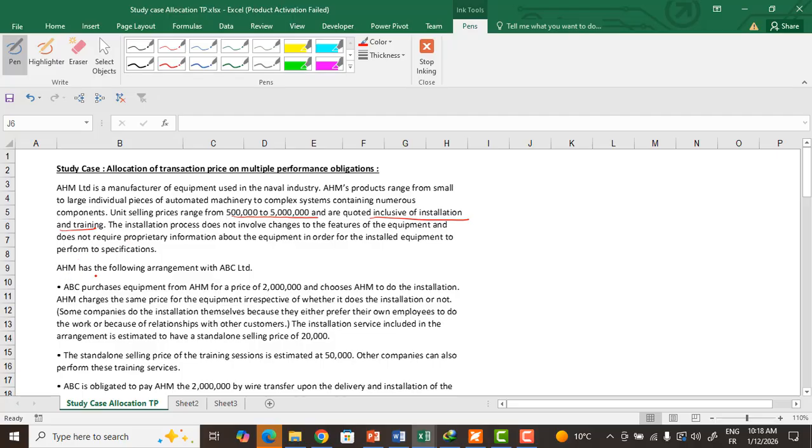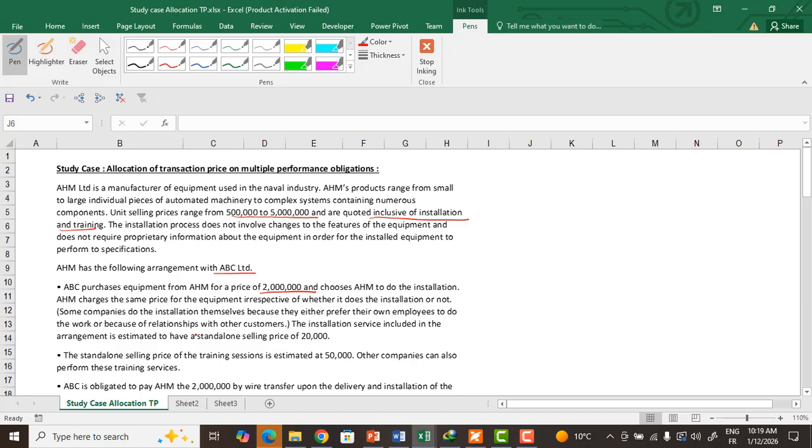So AHM has the following arrangement with ABC Limited. ABC purchases equipment from AHM for a price of $2 million and chooses AHM to do the installation. AHM charges the same price for the equipment irrespective of whether it does the installation or not. Some companies do the installation themselves because they either prefer their own employees to do the work or because of